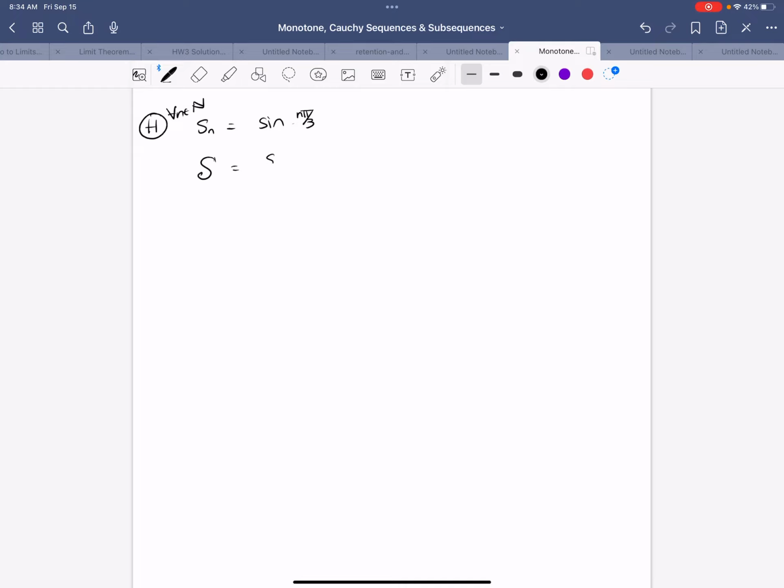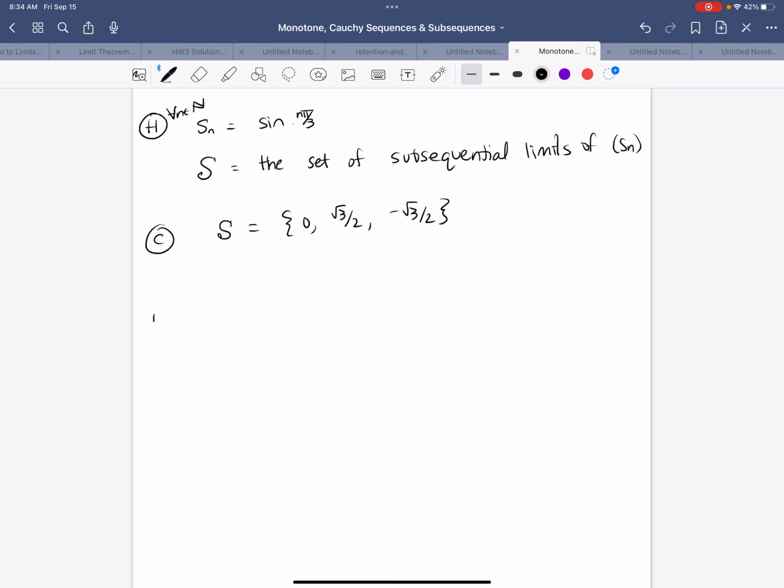S is equal to the set of subsequential limits of Sn. And then my claim is S is equal to 0, root 3 over 2, and minus root 3 over 2. And then for the proof, first,